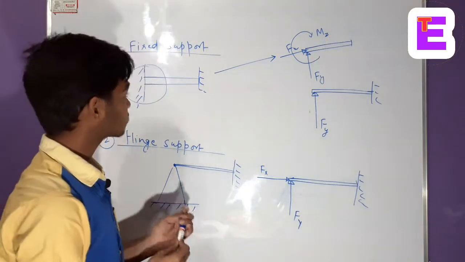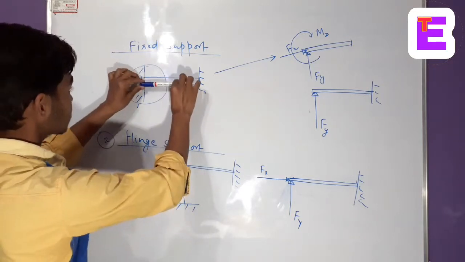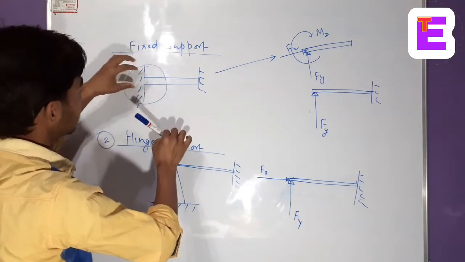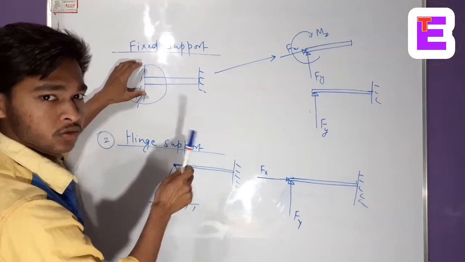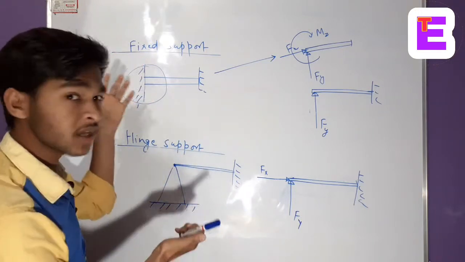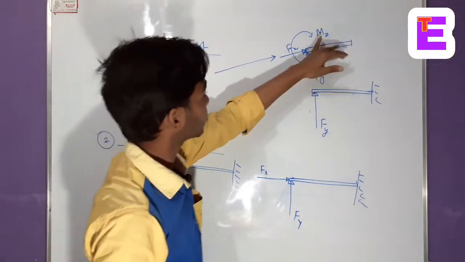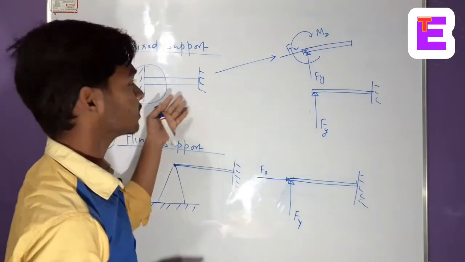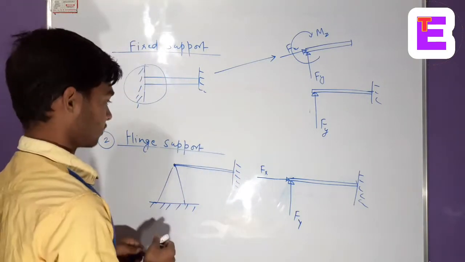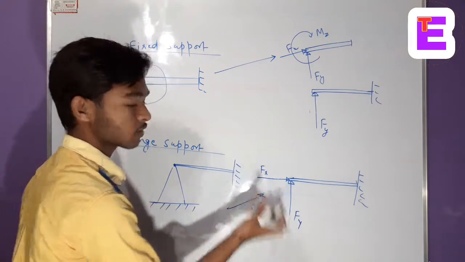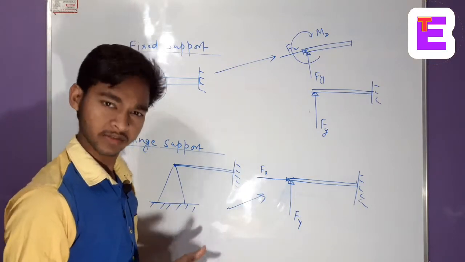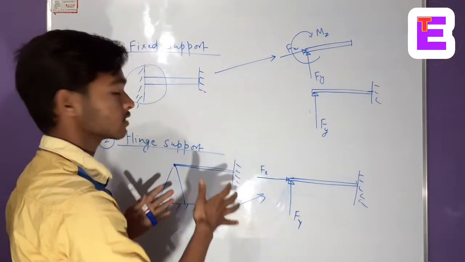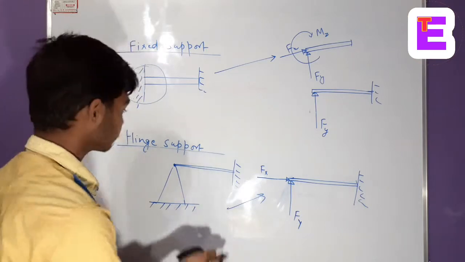Why the z? Because we say this is x, this is y, and this is z. So basically if this fixed support applies some moment, the direction will be in the z direction, obviously. So that's why we have taken M, that is the moment about the z axis. Okay, so we basically use all this representation of free body diagram in a complex mechanical system. So we will do one mechanical system, and that will clear all these concepts basically. So I am just drawing